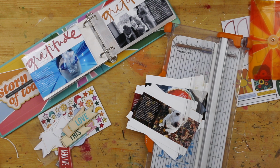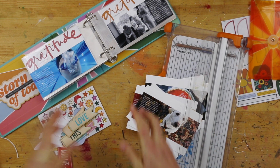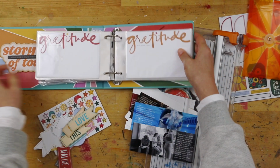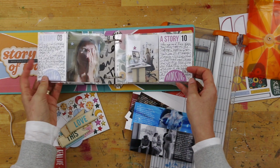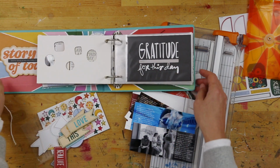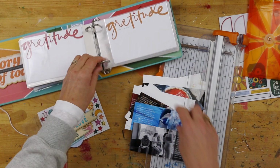Hey everybody, it's Allie, and today I'm going to take you through how I'm actually documenting my second day in the life for 2022. You can see that I'm working here in a 4x6 album. This is the album that we offered this year. We did one other documenting day earlier in the year, and I've got the 3x4 pockets in there, used some ing words. This time my focus was on gratitude, and I'm going to be using the 4x6 cards that were